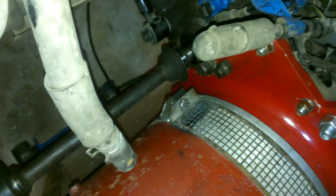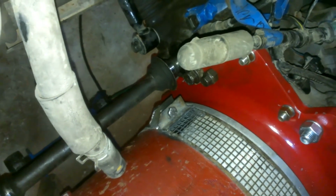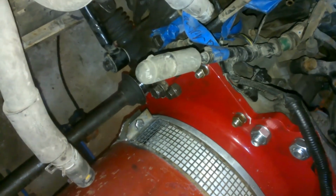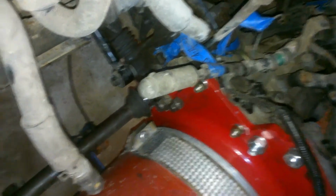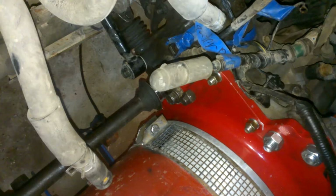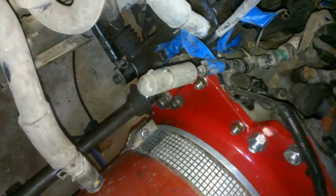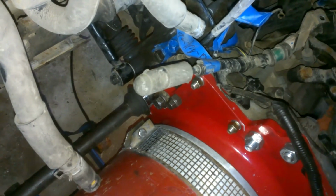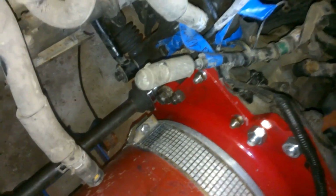So I believe this whole unit is coming out again, and I am going to be disassembling the motor from the adapter plate from the transmission again, so that I can take another 3/8 of an inch, maybe half inch tops off of that plate, and then put it all back together again and get the motor and transmission dropped in here, get all the mounting bolts put back on, and then put this axle in again,